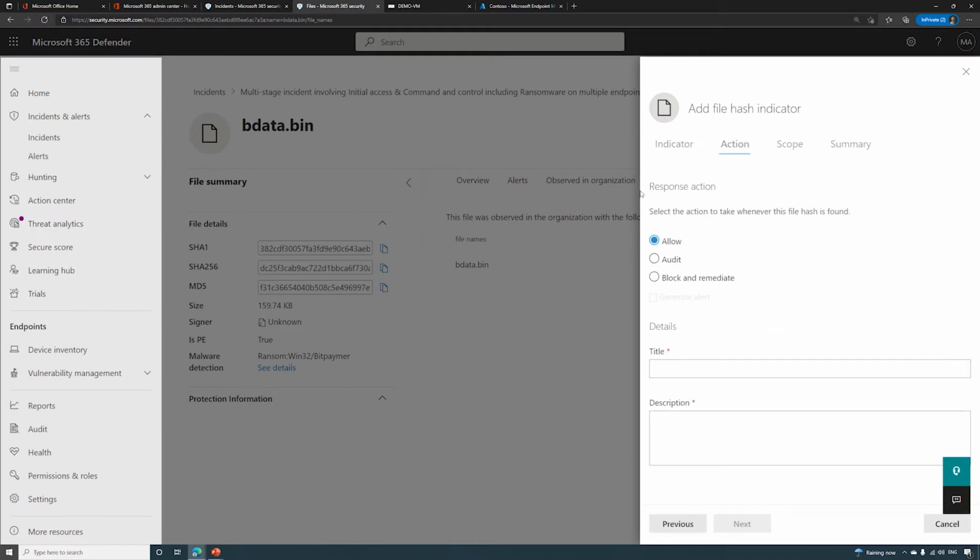So we can see the action here. We can actually take a response action to this file. If it's seen in the future using its file hash, we can allow it, we can audit it, which means it will generate an alert but it won't do anything, or we can block and remediate it, in which case